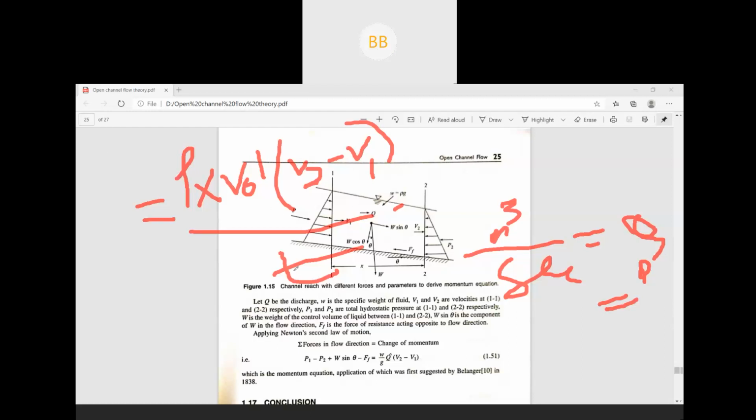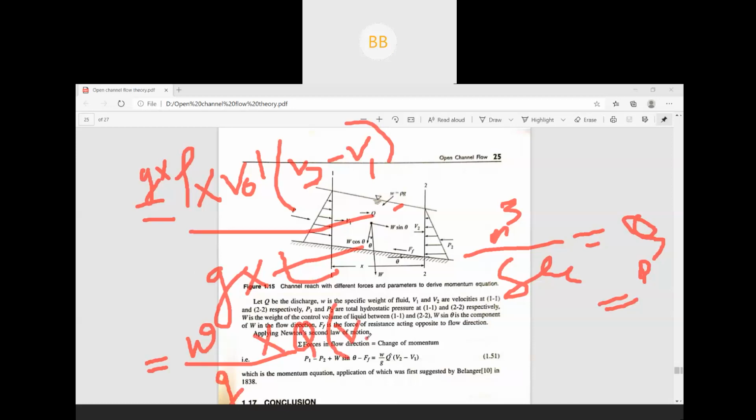In place of volume by time, that is meter cube per second, we can write discharge. And what we are going to do, we are going to multiply it by acceleration due to gravity in the numerator, and in the denominator also we multiply it by acceleration due to gravity. So rho into g, density multiplied by acceleration due to gravity, we can write specific weight, divided by this g, acceleration due to gravity, multiplied by Q